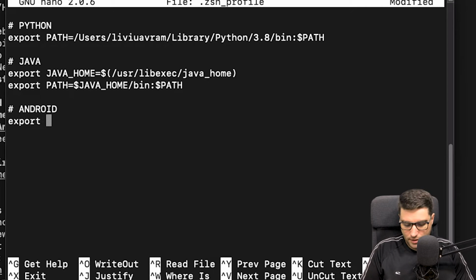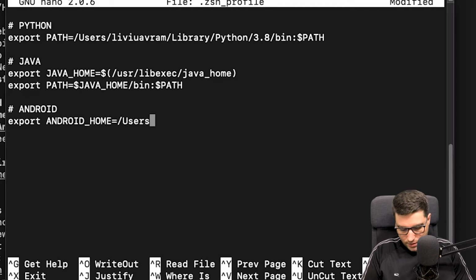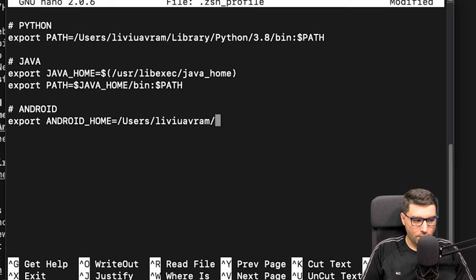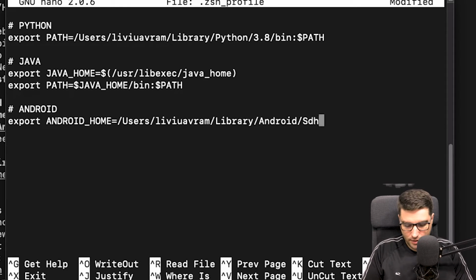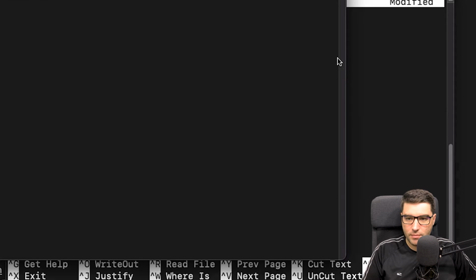Actually, it's ANDROID_HOME equals /Users/my user. So it's Liviu Avram in my case. And then we have Library/Android/SDK, just in case you want to verify if that is the correct path.